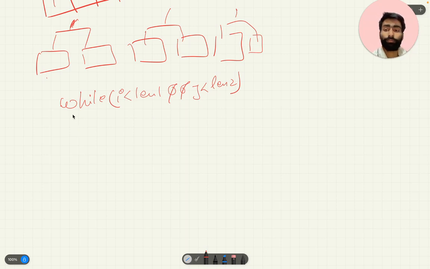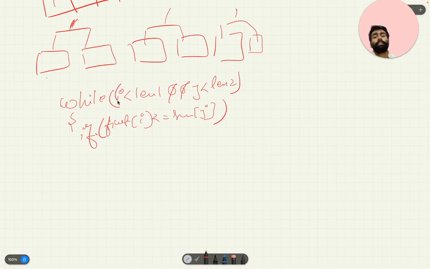Which one exists. So we will first compare the index of first with the second using two variables i and j.